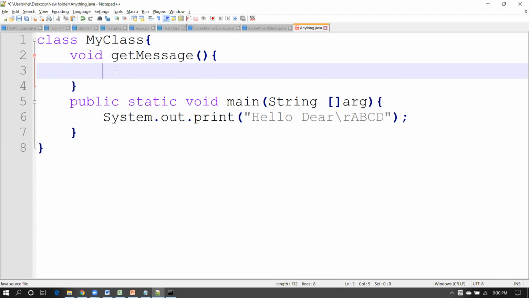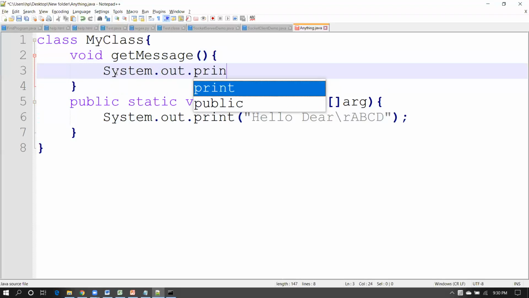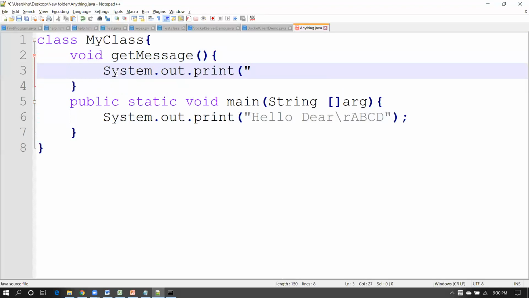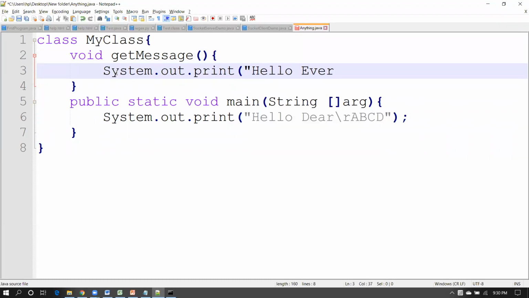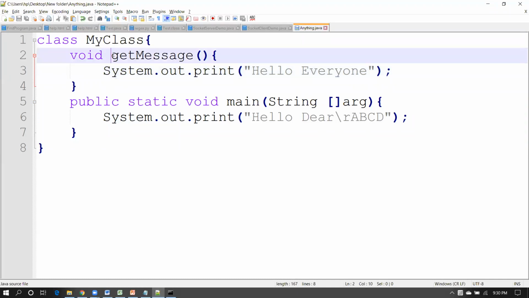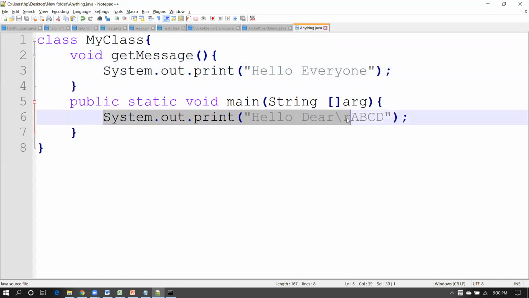So simple, I just want to print something: System.out.print, hello everyone. This is the message. Now if you want to call this method in your main, because main is the entry point of your program,